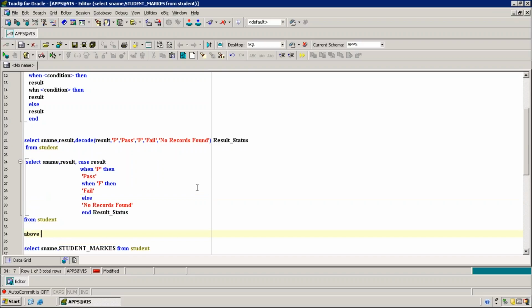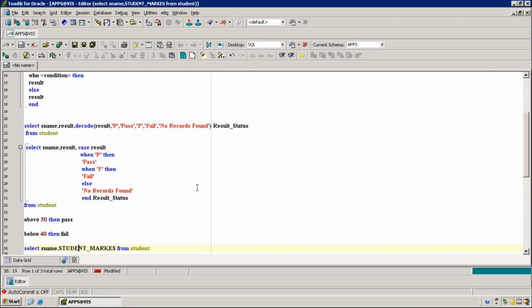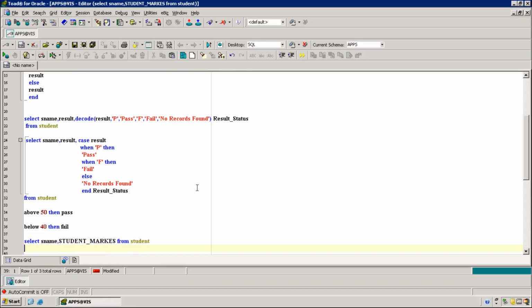See, above 50 marks, then pass. Okay. Below 40, then fail. Below 50? Yeah, below 40. How to do it now? Tell me.